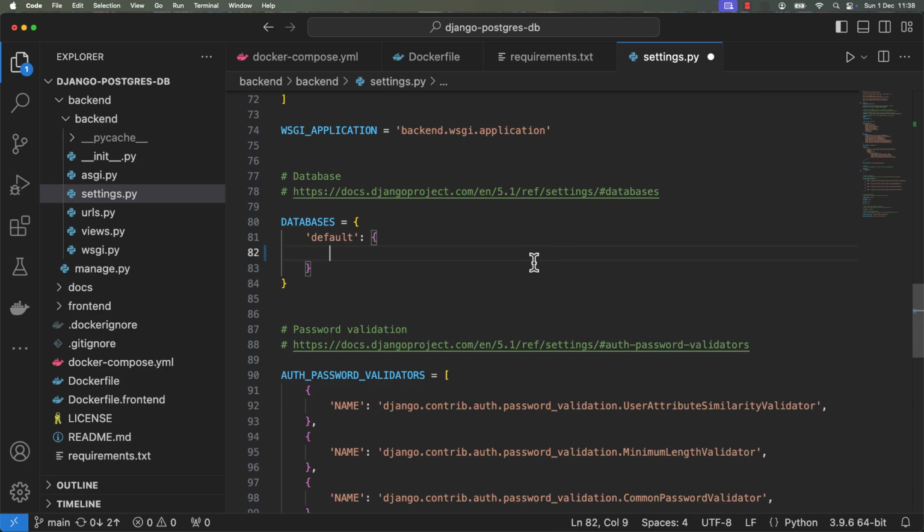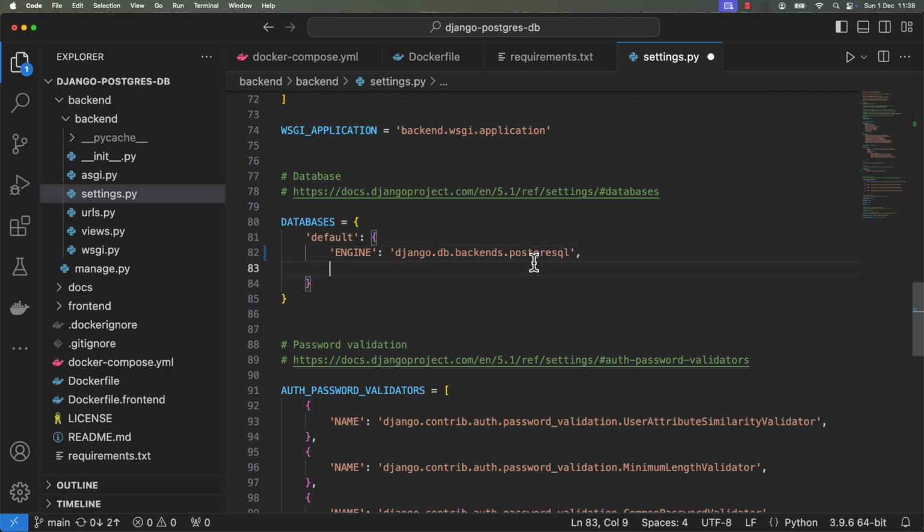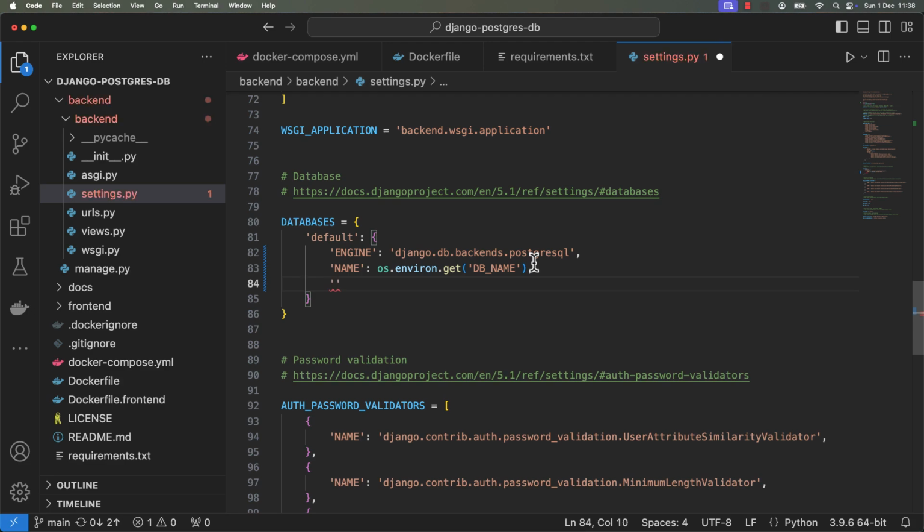So I'll type it all out and then I'll explain what each line does after it's all been typed. So we'll type engine and then django.db.backends.postgresql, comma, and then name. os.environ, actually not in quotes here, so we need name and then os.environ.get, and then in the brackets here db_name, and then user